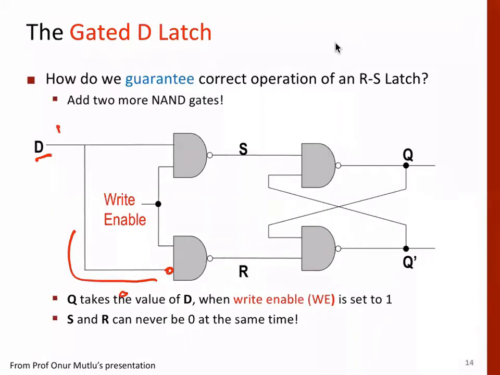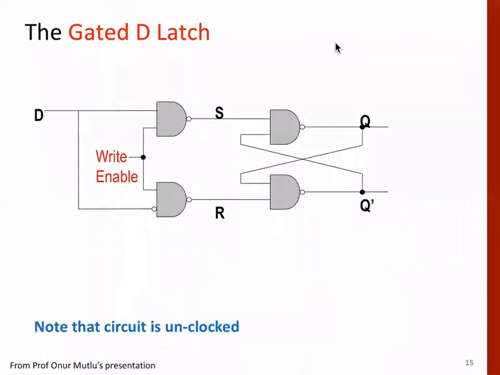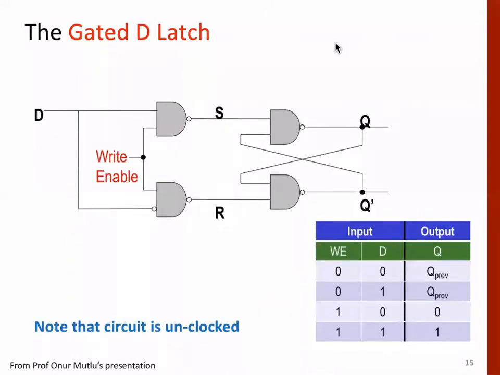And then we have something called write enable. When write enable is 0, then the output is the same as the previous state, right? I mean, if it is 0, the output is 0. If this is 1, then the output is 1. So whatever be the value of D, when W or write enable is 0, whether D is 0 or 1, the previous state remains.